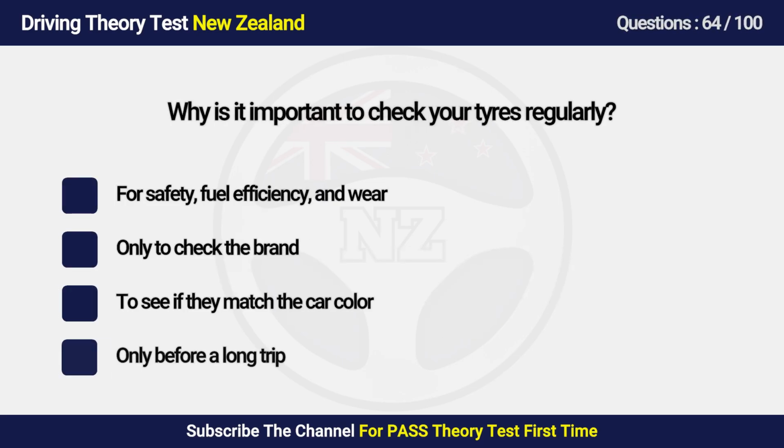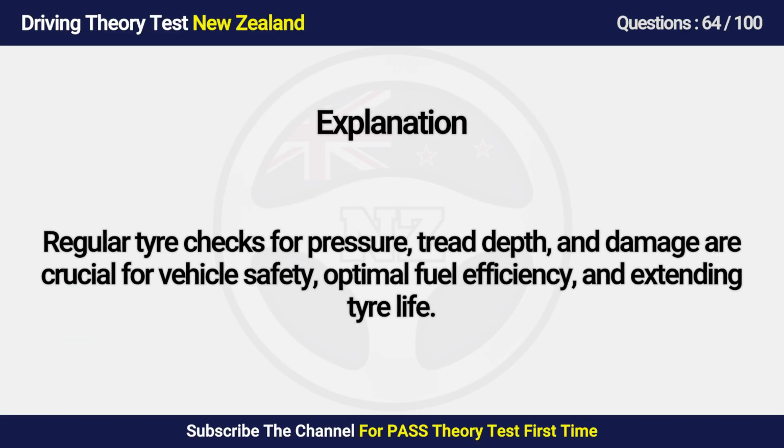Question 64. Why is it important to check your tires regularly? A. For safety, fuel efficiency and wear. B. Only to check the brand. C. To see if they match the car color. D. Only before a long trip. Answer is A. For safety, fuel efficiency and wear. Regular tire checks for pressure, tread depth and damage are crucial for vehicle safety, optimal fuel efficiency, and extending tire